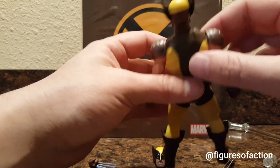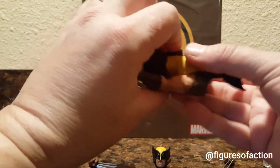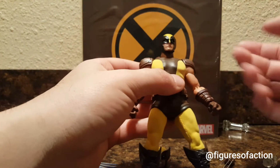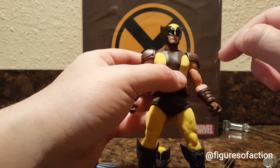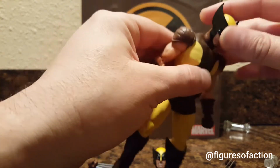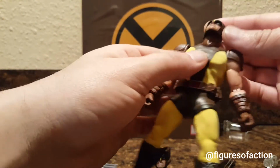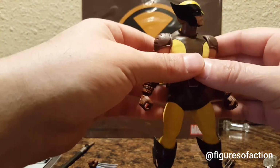The top of the suit is tucked in. It's tucked in to where the neck goes instead of creating a collar like the other figures have. All my other Mezco figures have a little collar right there, where Wolverine's is tucked in. So it doesn't get in the way of the neck articulation and looks a little more...